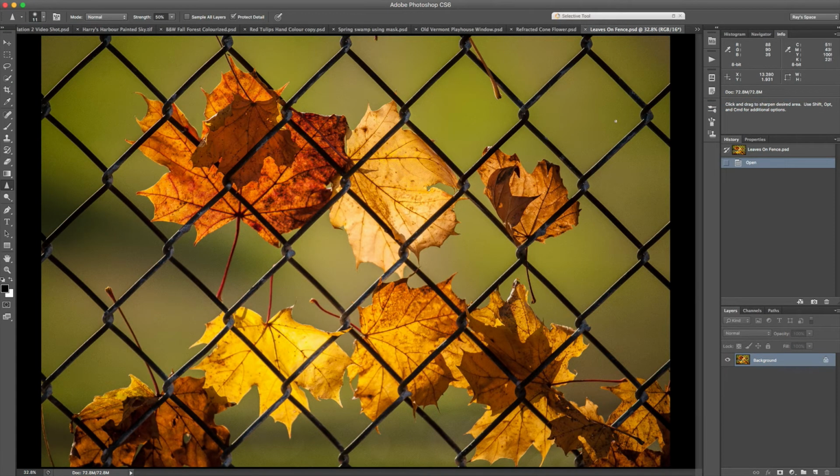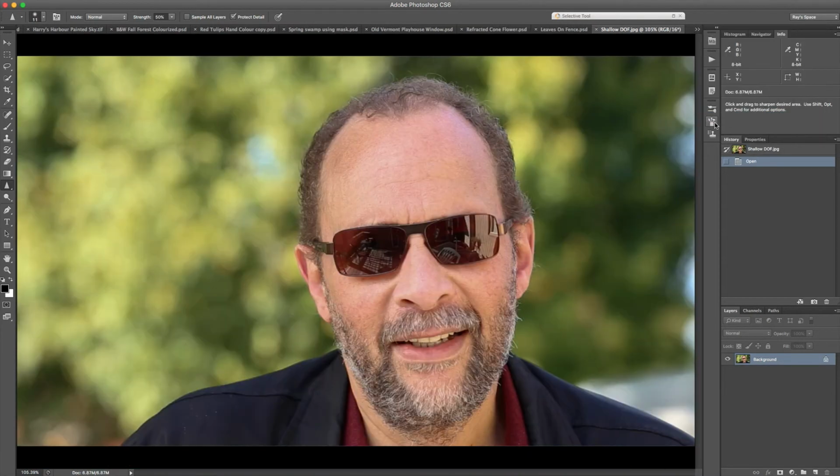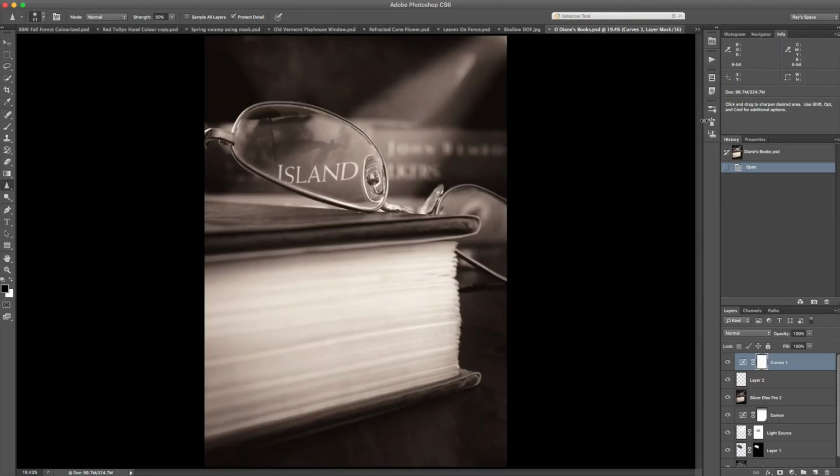Here you have leaves that are stuck on a fence after a windstorm, and in back of all this, believe it or not, is a baseball field. But because I used a very shallow depth of field, you're looking at the pattern in the fence and you're looking at the leaves. You can't even see the baseball field in the back. And I think one more. That's me, okay? And making me stand out against what are trees in the background by, again, using a shallow depth of field. And actually I have one more, which doesn't necessarily fall into this, but I'm using it anyway,